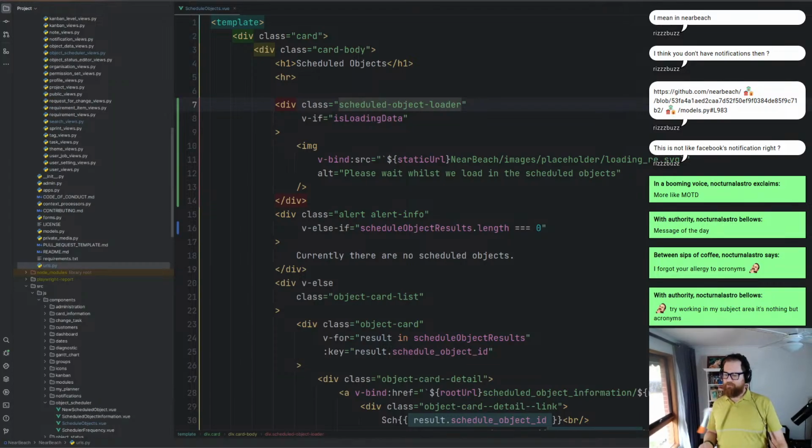Try working in my subject area. Nothing but acronyms. Oh, God. Yep. All